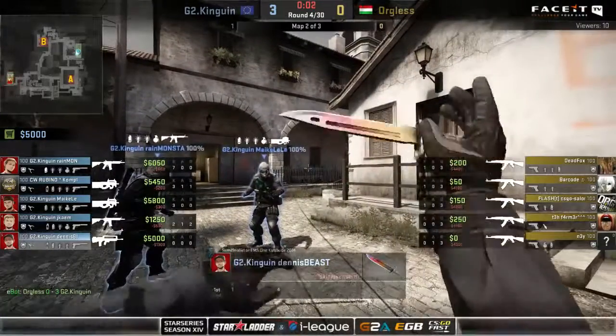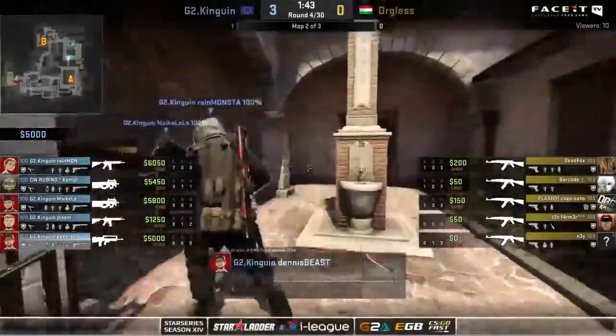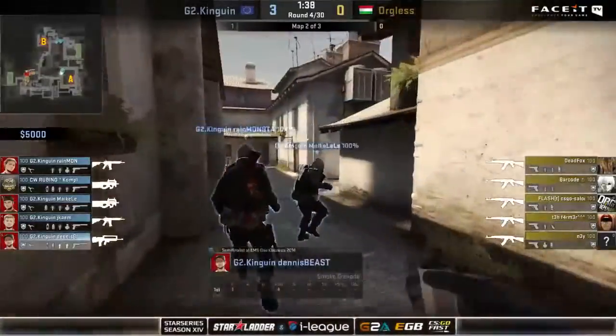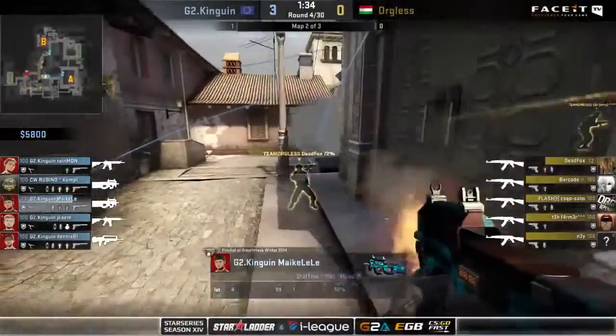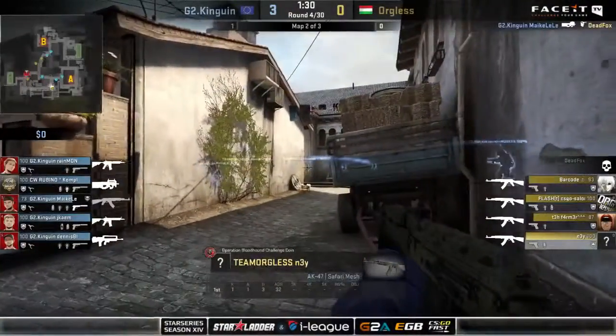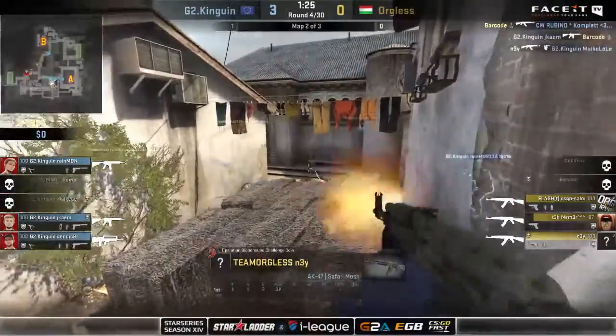But as I was just saying, ORGLESS somehow getting more damage on a full eco than they are on a force buy. So very fun to watch there. And Rubino just missing the smoke there for Banana. Pulling out his rifle, the P90, at the wrong time, and we can see a nice CT aggression down mid from Michael picking up the first strike with that P90, not going to go for these M4s while ORGLESS are buying up, and you can see it's working quite well as they shut down most of the players